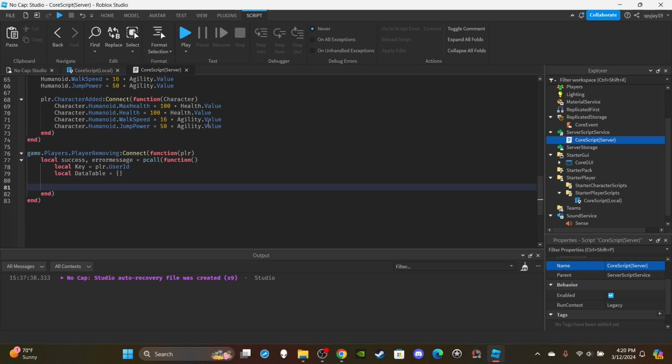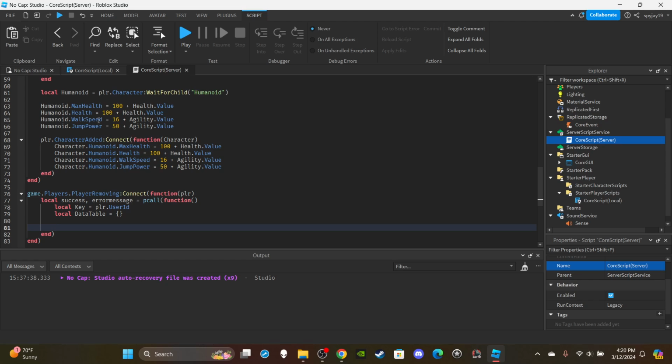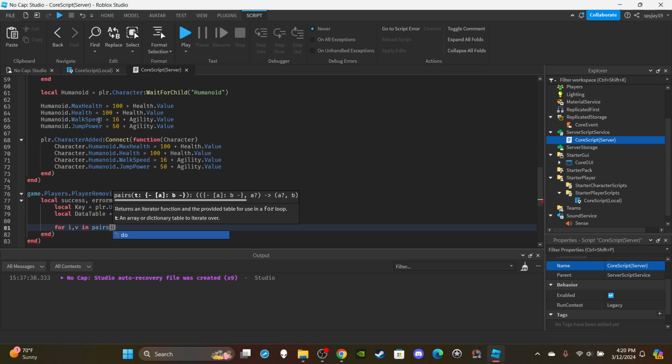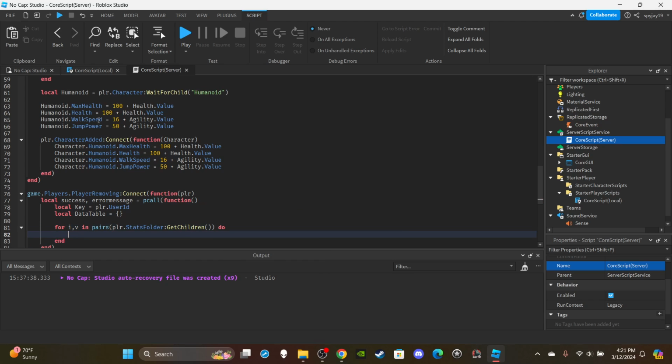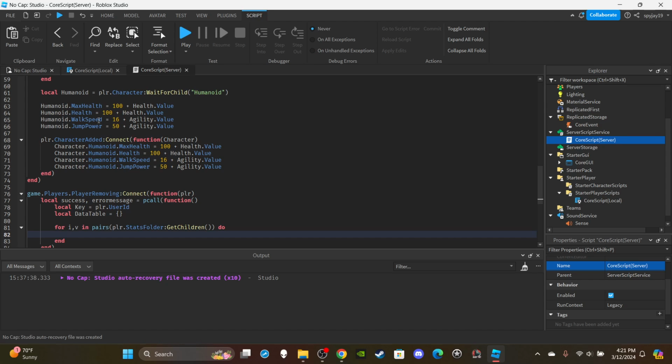Right. I'm trying to remember. I did this once before. I used a for loop. I remember I did for i, v in pairs, and I did player.StatsFolder:GetChildren(). Supposed to be table.insert. Yeah, I did something like that. So I'll do it like this. I'll get all the stats in the stats folder, and then I'm going to say, because we need